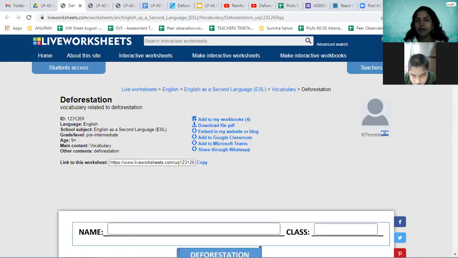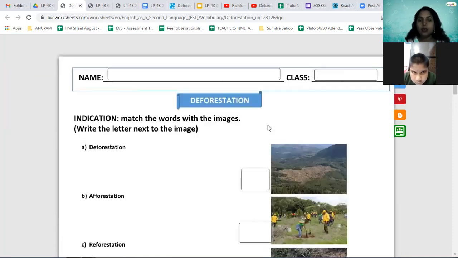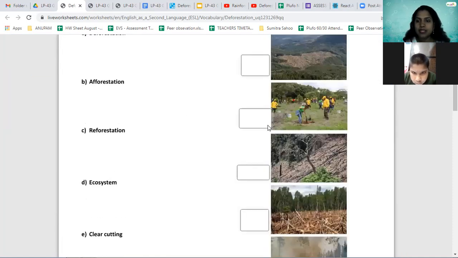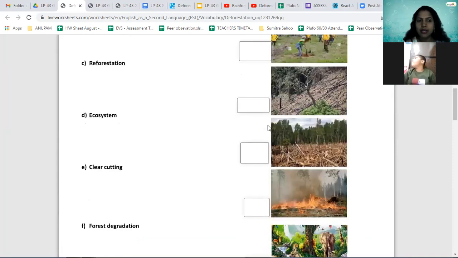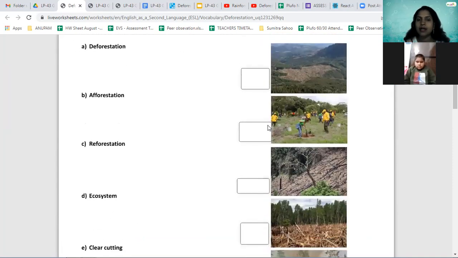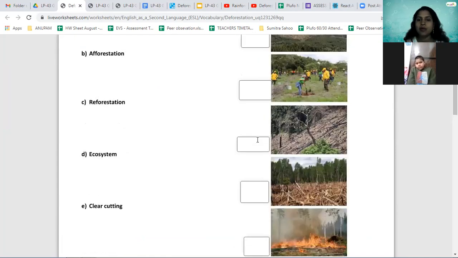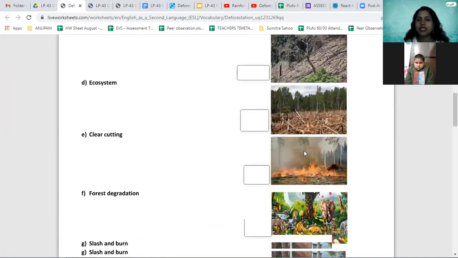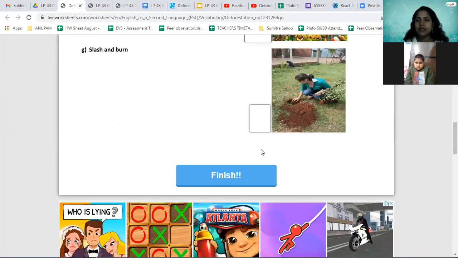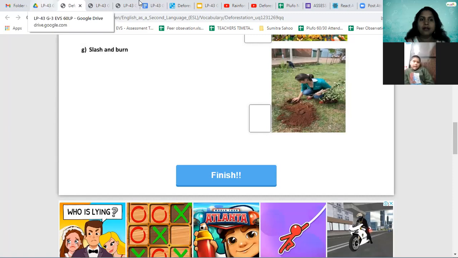Okay, what is the time? It is 48. Let us have quiz time now. I'll share the link on your WhatsApp number. Okay, Ansh? You have to choose this. This is a matching game. You have to match this A, B, C, D. You have to write down here which one is what image. Then at last the finish button. Then you can check your answer. Is this clear? Yes, ma'am.